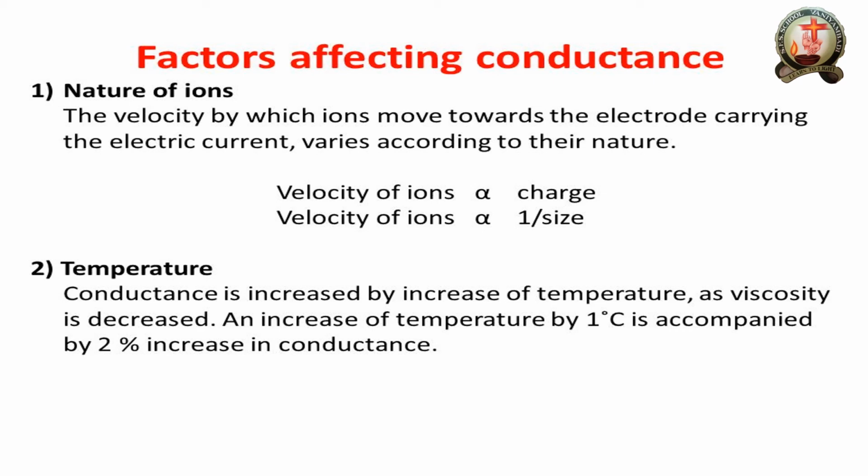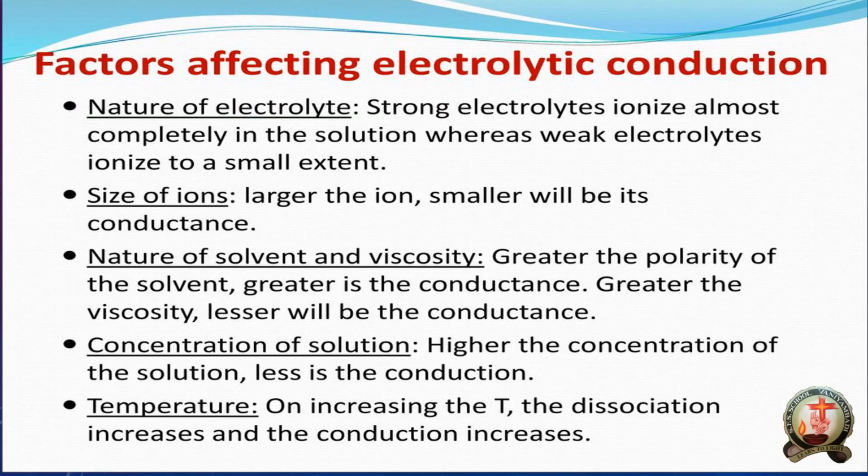Then the temperature of the solution. While we are making a normality or molarity solution, the temperature changes. You take sulfuric acid and make a 1 mole solution, an exothermic reaction will happen. That also increases the conductance. So finally we are not able to find the exact conductance of the substances. Then the size of the ions: the larger the size, the smaller the conductance. So smaller size, larger conductance. The movement will be very fast.